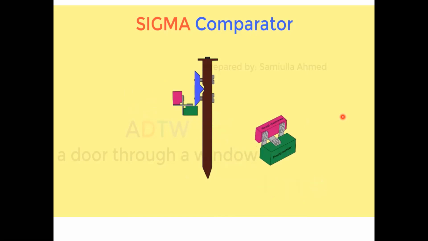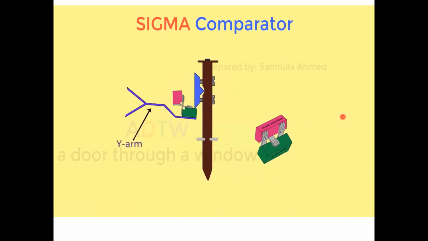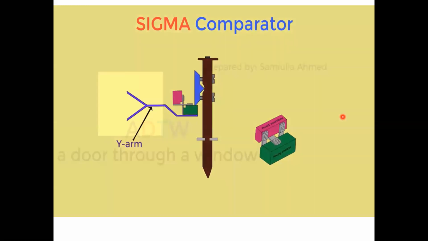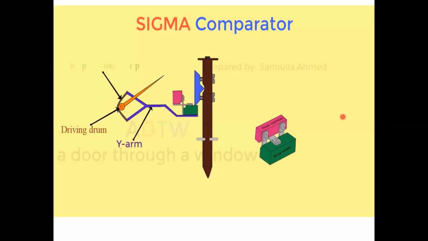A knife edge is screwed onto the plunger, which bears upon the face of the moving member of the cross strip hinge. This unit comprises a fixed and a moving block, connected by thin flexible strips at a right angle to each other. Whenever the plunger moves up or down, the knife edge drives the moving member of the cross strip hinge assembly. This deflects an arm which divides into a Y form. The extreme ends of the Y arm are connected to a driving drum by means of phosphor bronze strip.